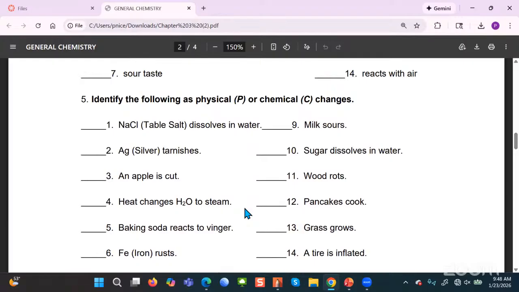Okay, so on the other side, we have milk sours. Are we chemical? Sugar dissolves in water, physical. Wood rots, chemical. Pancakes cook, chemical. Grass grows, chemical. A tire is inflated, physical. And I think,